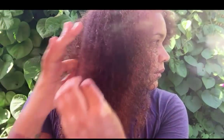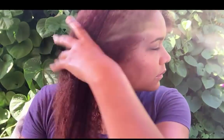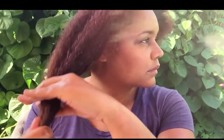And it stays very clean. Sometimes I wet it every day. I just wet it, and I'll put conditioner and let it soften down, and then put the oils and lotions or whatever I feel like using. I'll put those in, and it's not that difficult, you know. It's just like a wet and go, you know. And then other times I'll twist it up, and I could have that twisted look. Like, I'll twist it up at night, and in the morning I'll let it go,